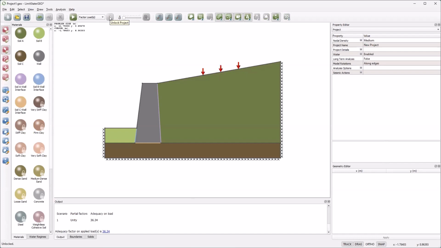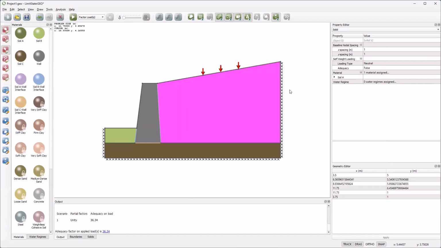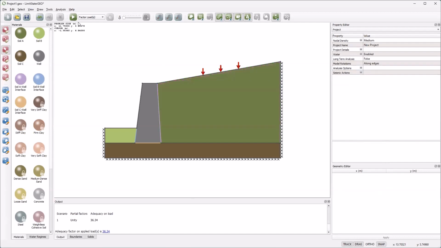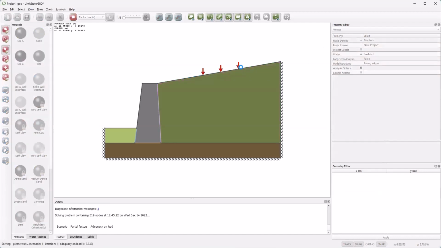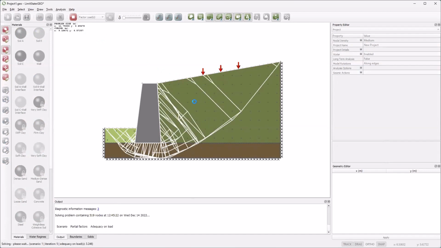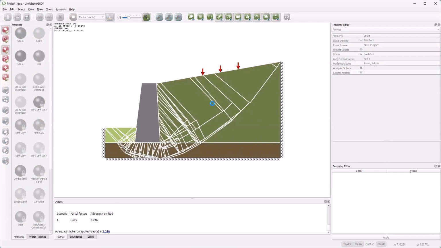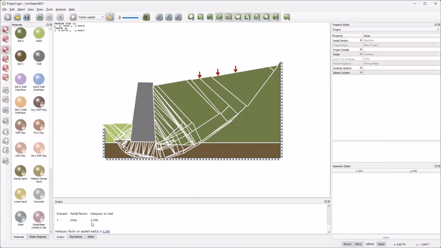Now, as we said before, the fill behind the wall is also an unfavorable action. We can apply adequacy to this and solve. So if I click on the whole body, its properties appear on the right, and I can change its adequacy to true. Now the software is going to multiply this surface load and the backfill weight by a factor. And that's a number much smaller, just 3 in this case, because of course the backfill is what's generating most of the pressure on the